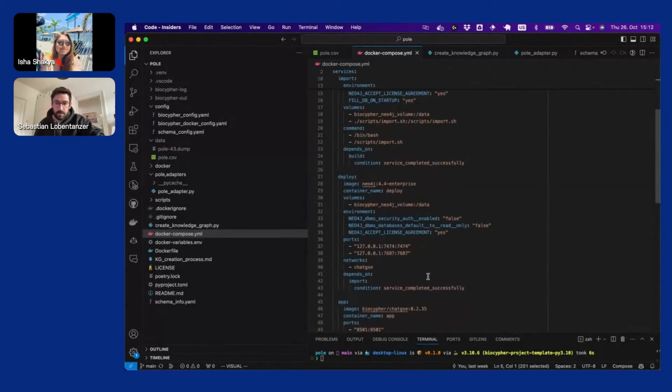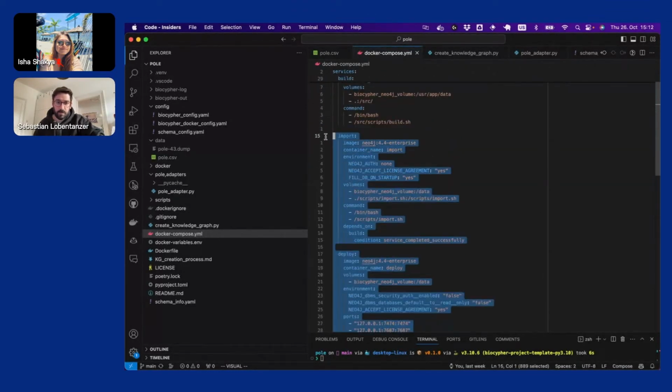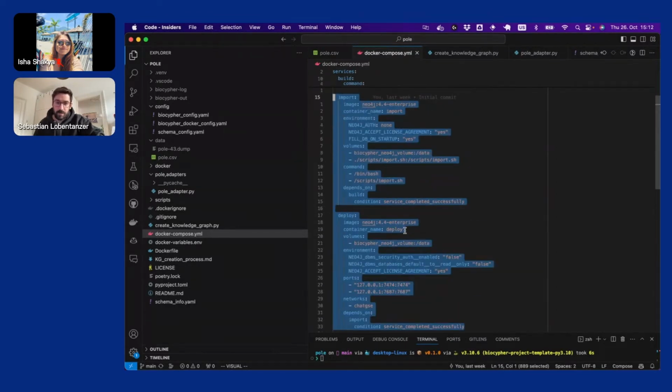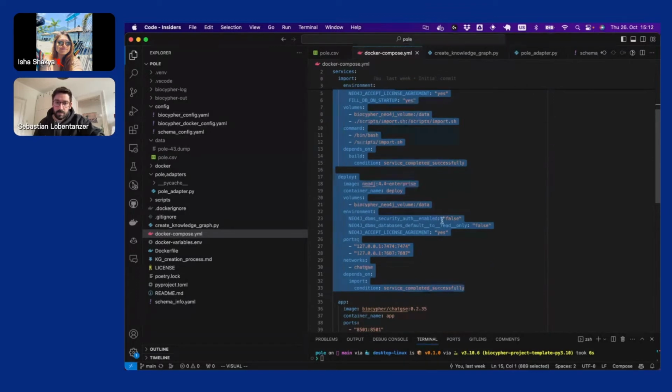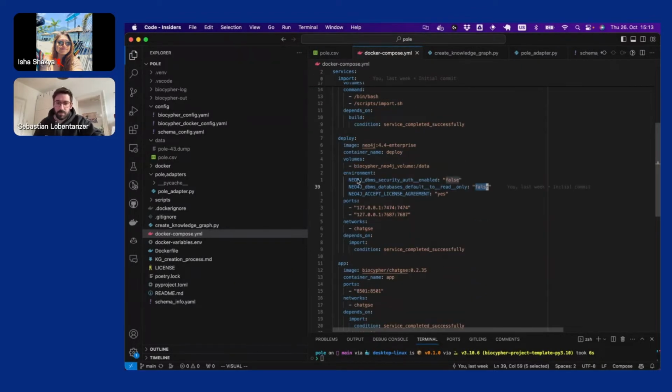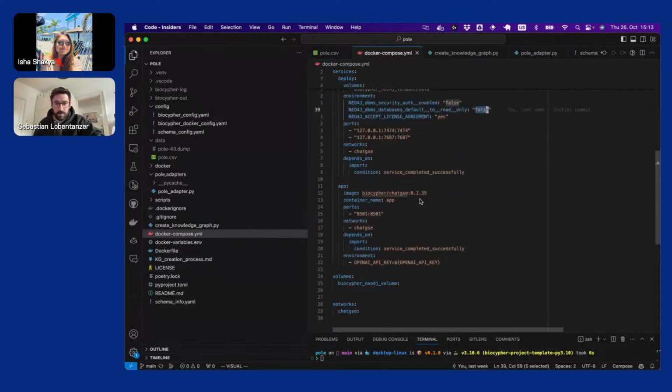Then we use these two containers to import and then deploy in a Neo4j instance. We use two steps because the two-step procedure enables mounting read-only databases, which is nice if you want to share something on the internet but don't want people to manipulate your database. If you only want a local modifiable database, you could get away with one step here, but this is the most generic interface, so we do this.